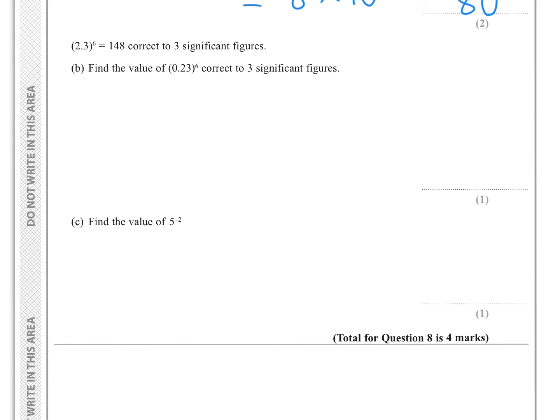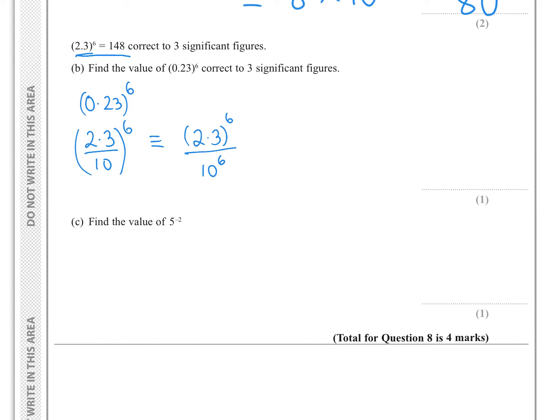2.3 to the power 6 is 148 correct to 3 significant figures. We've got to find the value of 0.23 to the power 6. Well, that differs in the way that if we divide 2.3 by 10, then we're going to get 0.23. So if we do that to the power 6, we've got 2.3 to the power 6, which we already know, we can quote, and we've got to divide that by 10 to the power 6, which is 1 with 6